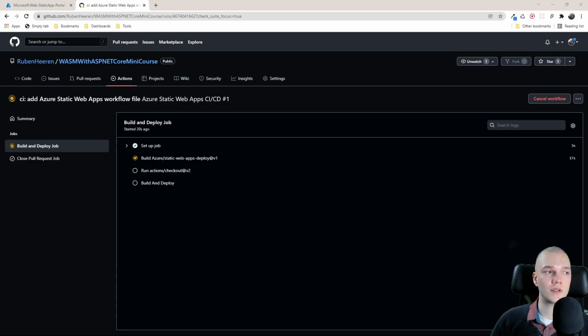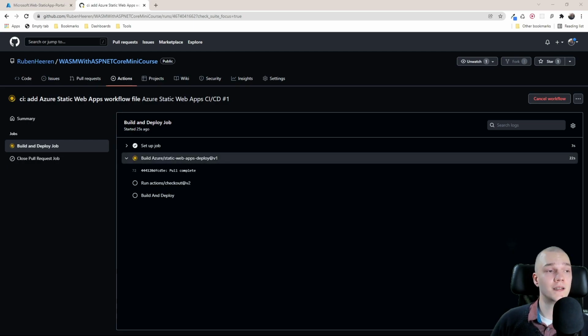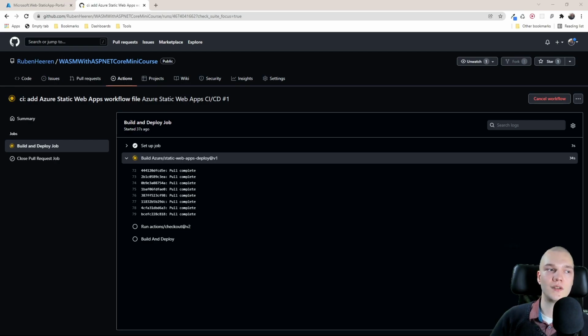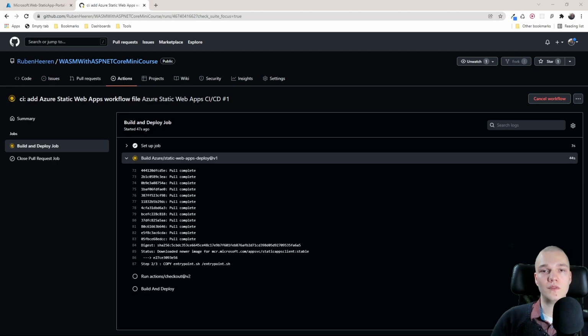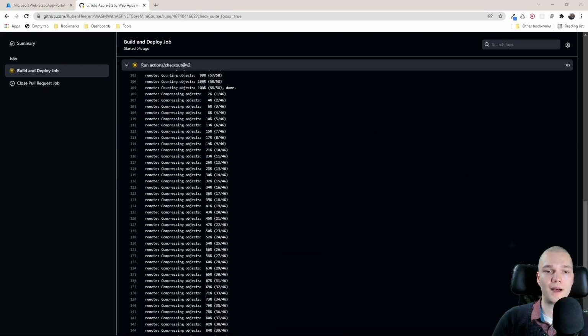So while it's working, I'll just explain what GitHub Actions are if you're not familiar. In one sentence, GitHub Actions are about doing stuff when something happens in your repository. But the more full definition according to their docs is GitHub Actions is a continuous integration and continuous delivery, abbreviated to CI/CD, platform that allows you to automate your build, test and deployment pipeline.